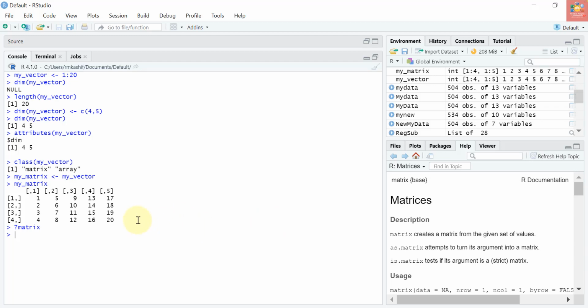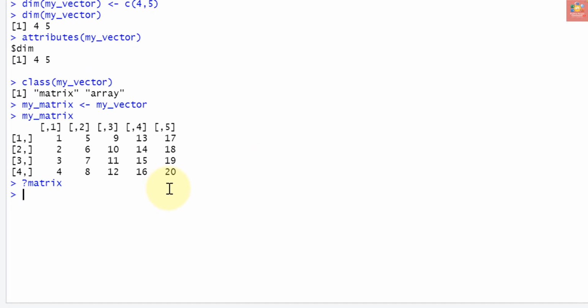Okay, and now let's create a matrix of the same numbers 1 to 20 with the same dimension, 4 rows and 5 columns, but this time around we will be using the matrix function, and we will store our results in my_matrix2.